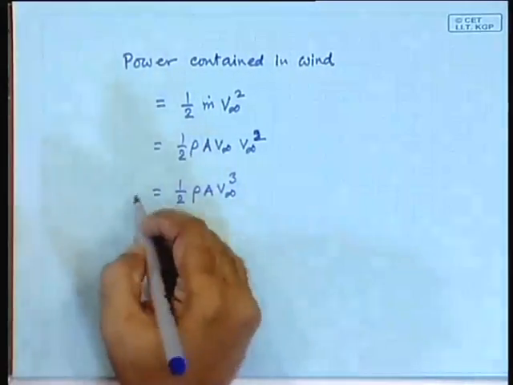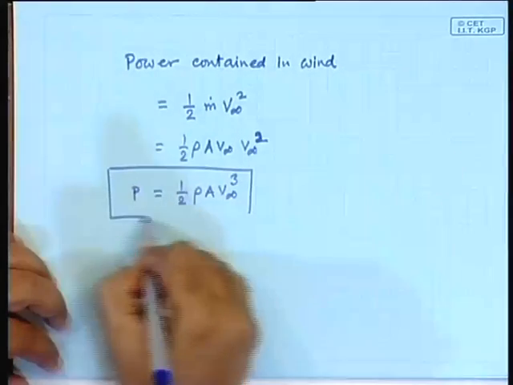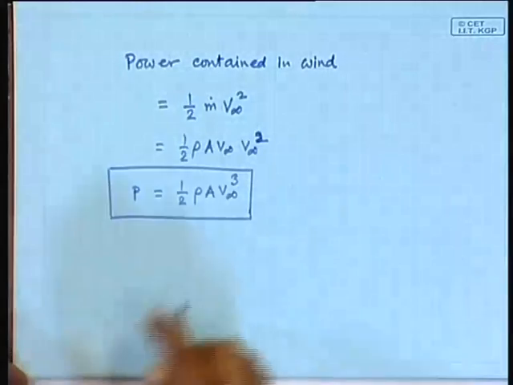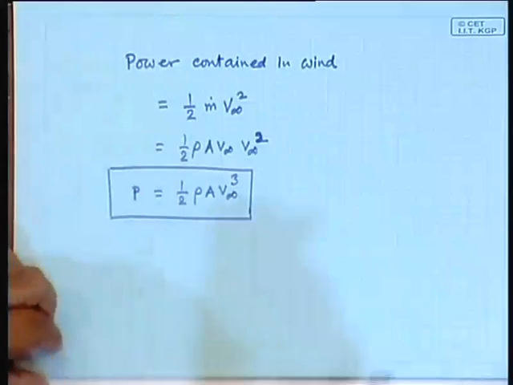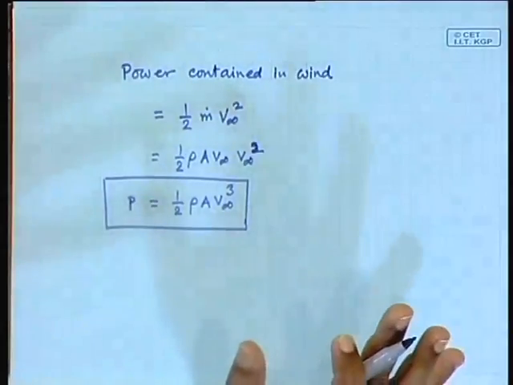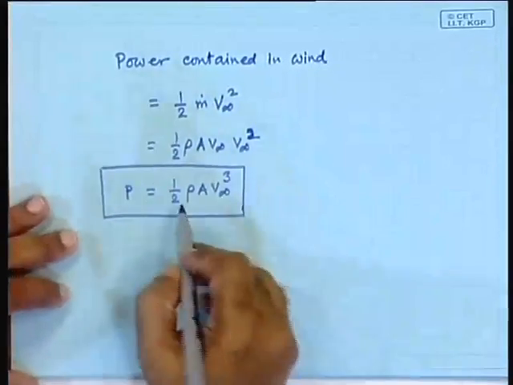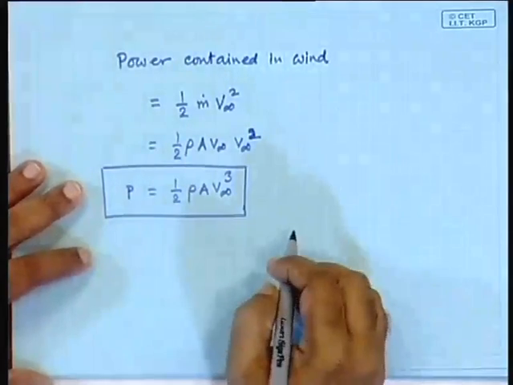So, this is the power, something that you should remember for the rest of the classes, because we will refer to it again and again. So, here is the total amount of power that is contained in wind, out of which we are trying to get some amount of output. So, here again, what is the